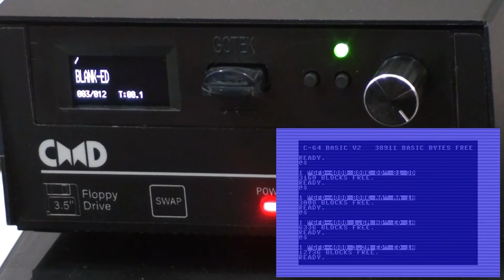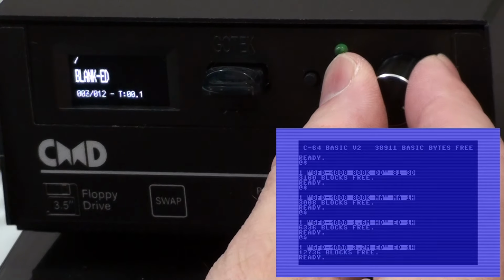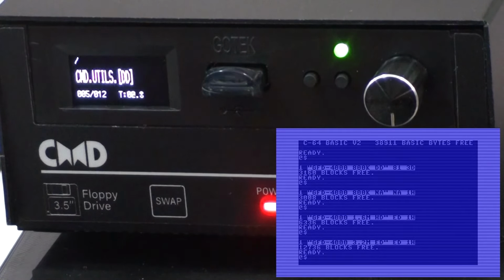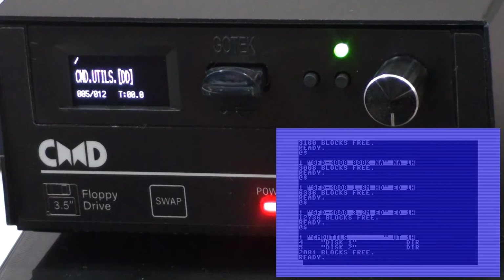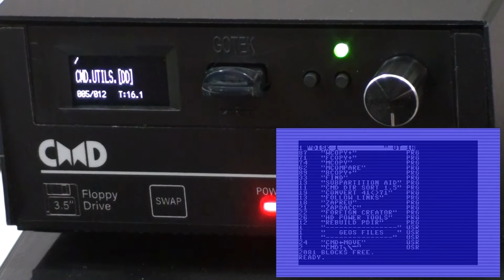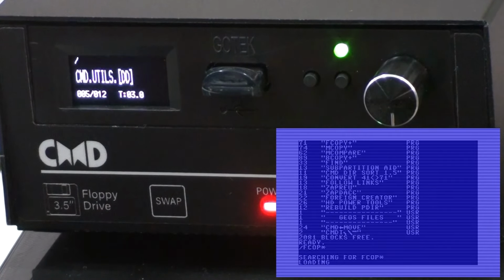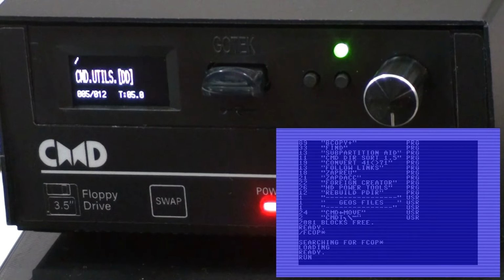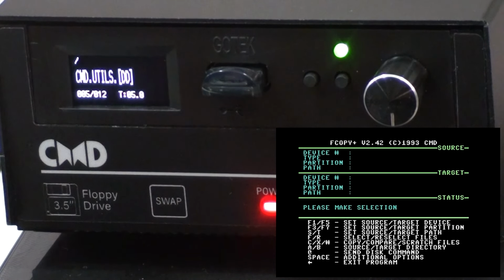So, this is going to be a really quick demo because there isn't that much to say other than spinning the rotary encoder and choosing an image. So here is CMD utilities disk. It's a double density disk, and there's the 2 disks. We can change directory on that, and we can do a directory. We can load fcopy if we want off that, and you can see it's loading. See the tracks change. You could run it, and there it's loaded. So that does work,